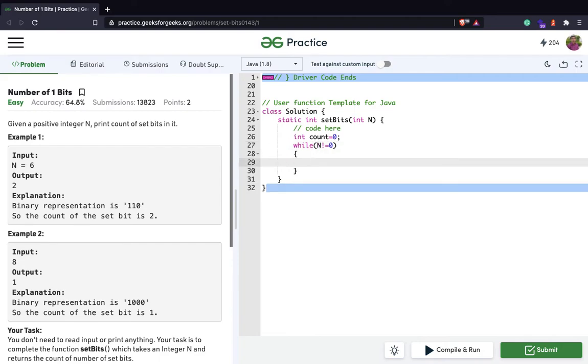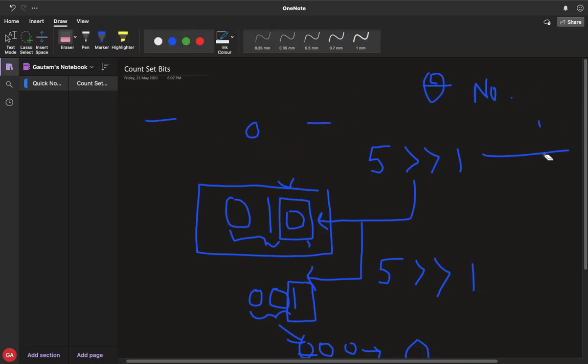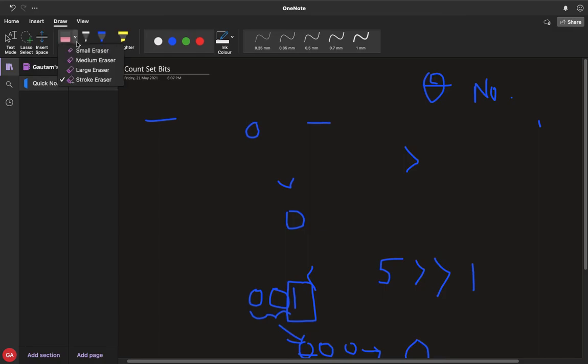Now what we have to do is check the last bit of that number. What we could do to check the last bit of that number, if the number is, let me increase the size of this.